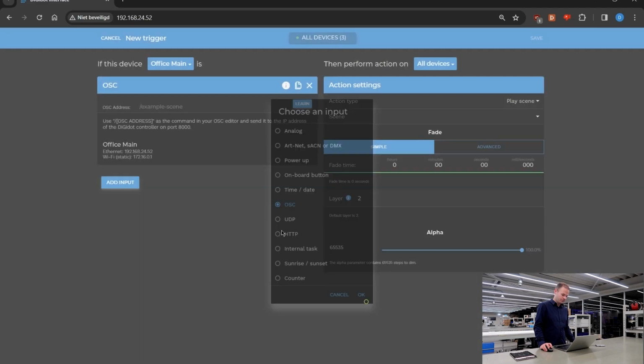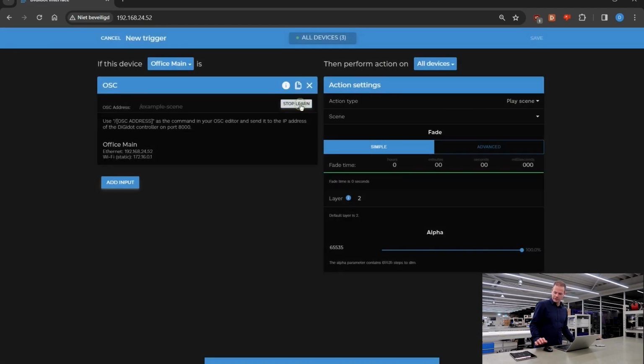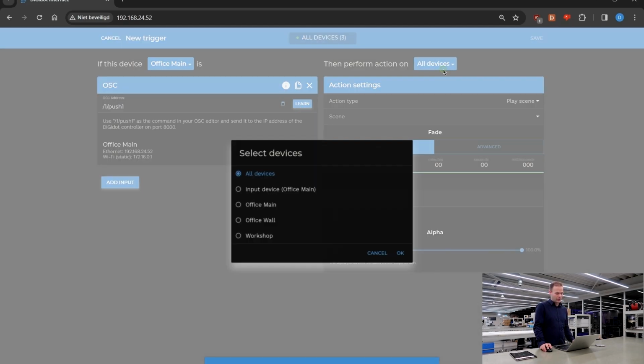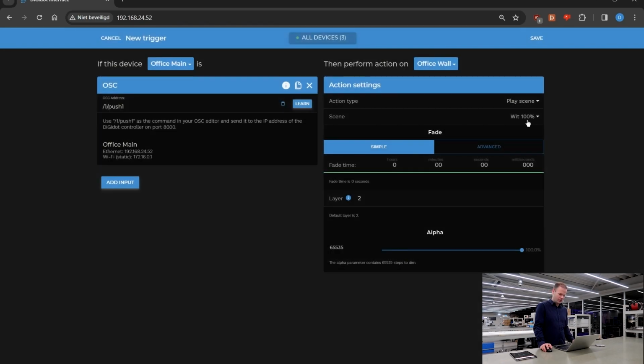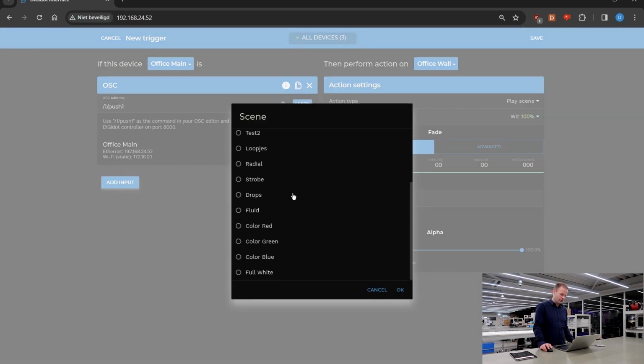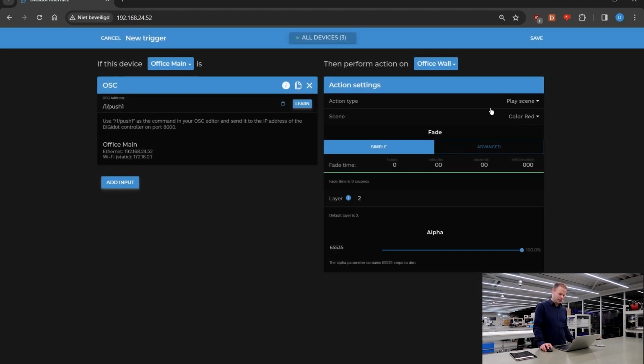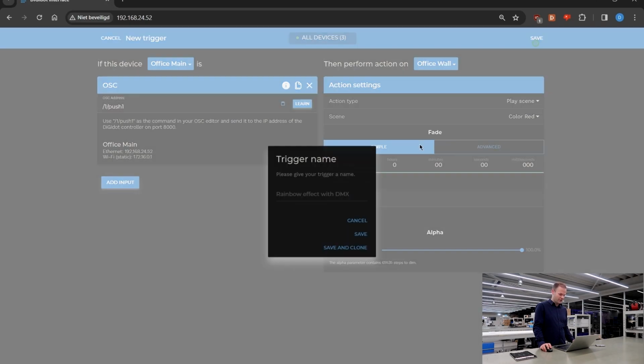Press OSC again, and start listening, and we want to press this red button, so like this. And it says push 1, it's like the first button. And we want to play a scene on the Office wall, which is in this case, I've already created some scenes, so I scroll all the way down. I want to say color red. And now to play the color red when I push the first button. I press save and say play red